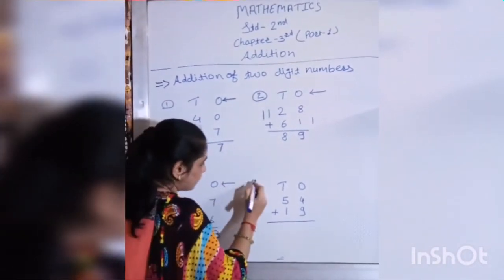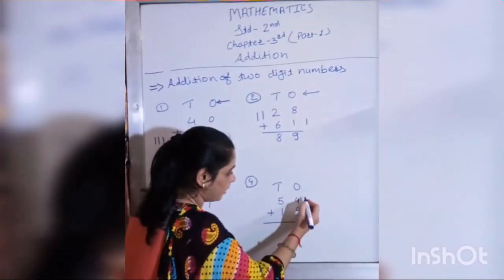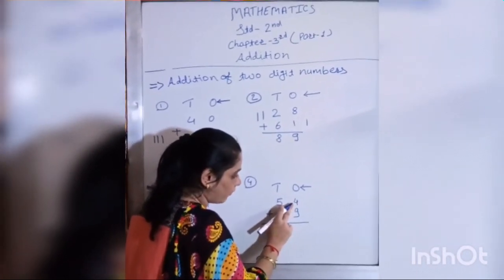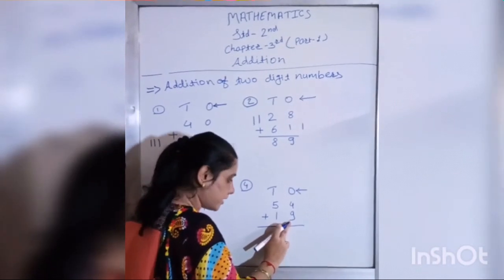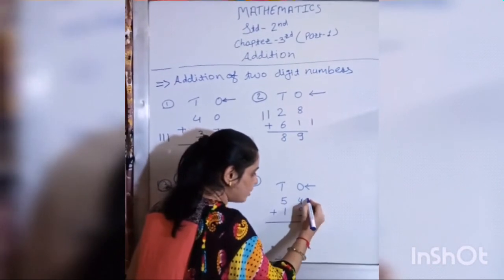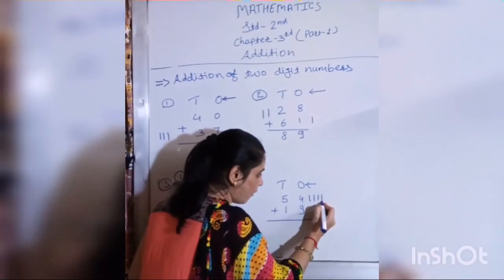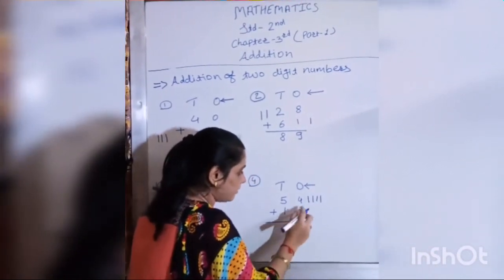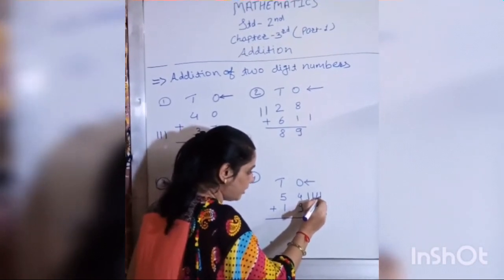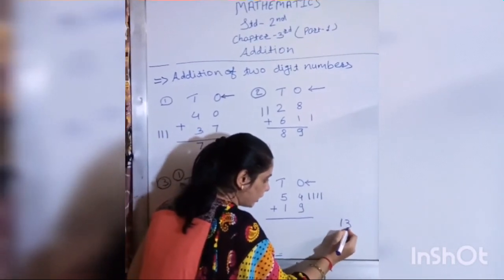See one more example with carry. See, start addition from the ones place. What are the numbers here? 4 and 9. 9 is the big number. Keep in mind. And the next number is 4. Draw 4 lines. 1, 2, 3, 4. Count after 9. 10, 11, 12, 13. 9 plus 4 is equal to 13.